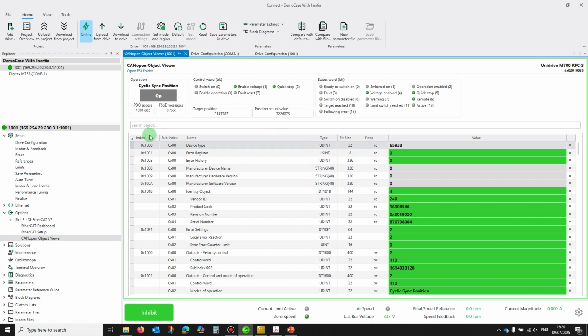Next thing, we've got the object viewer. This is all of the CANopen objects in the interface that are specified by the ESI file that you would have loaded in the TwinCAT environment. It's searchable, so it's quite nice. So an object that I use quite a bit is